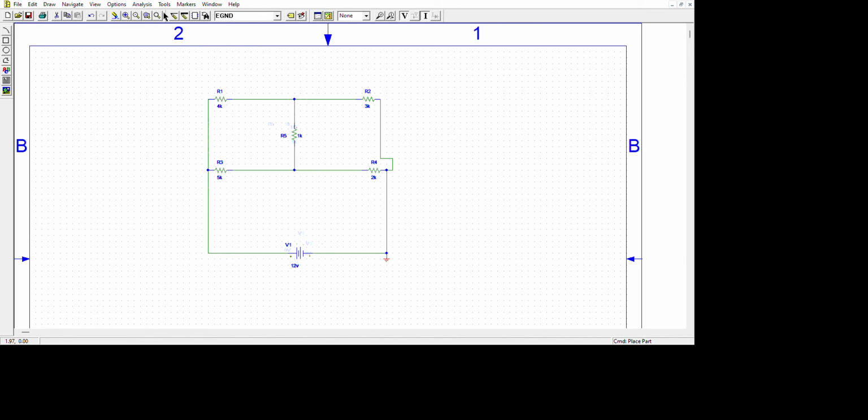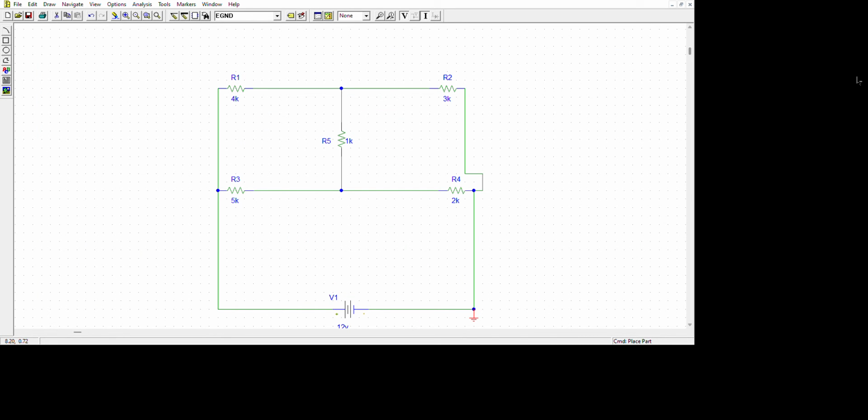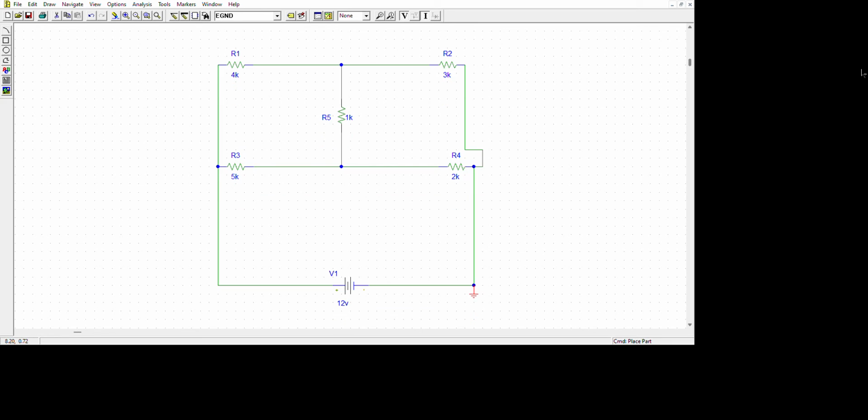To zoom in, you can easily press the zoom in tab. Just keep it somewhere down. Yeah, correct. So we will apply KCL at all the joints. Suppose near R3, at this point, at R4, at R1, here also. It is not compulsory, but we are applying KCL at each point.